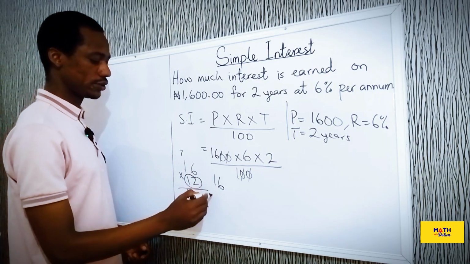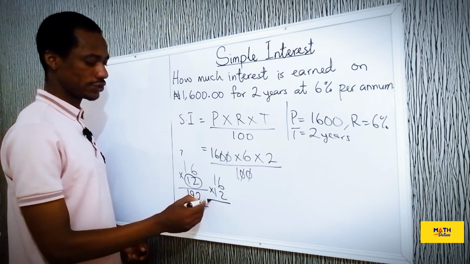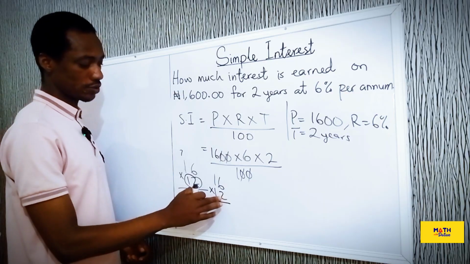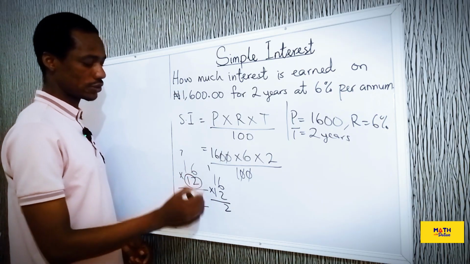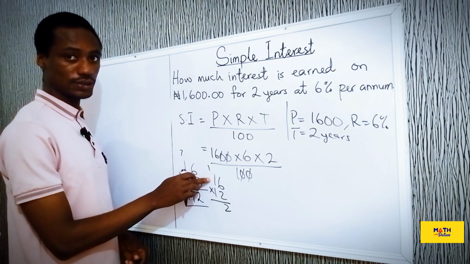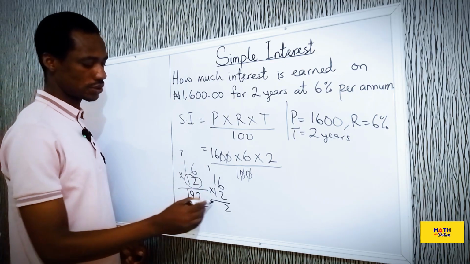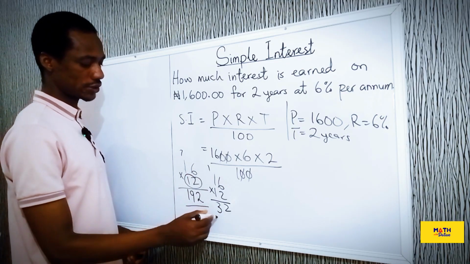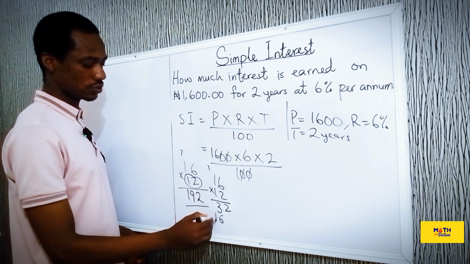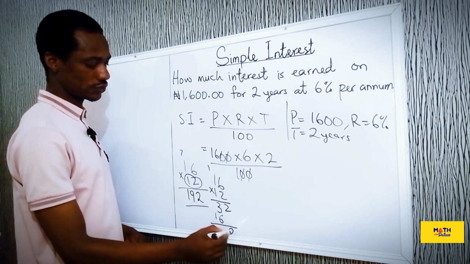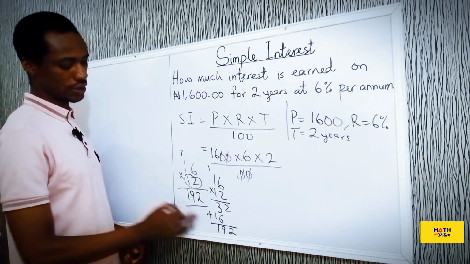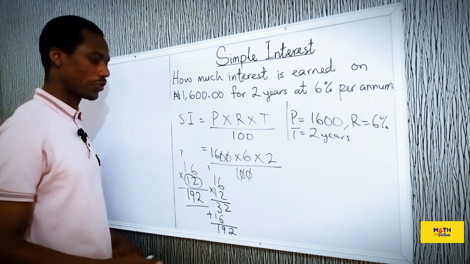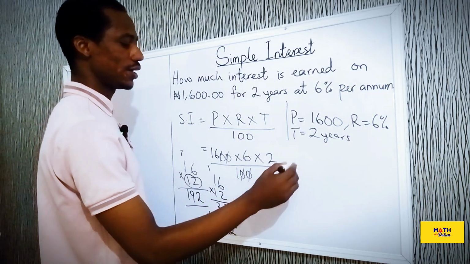If you want to do the conventional way, look at it here. You multiply by 2 first. 2 times 6 is 12, and then 1. 2 times 1 is 2, plus 1, 3. Then 1 times 6, 6. 1 times 1, 1. And then you have 2 when we add. You have 9 and you have 1. 192. All right, so the final answer is